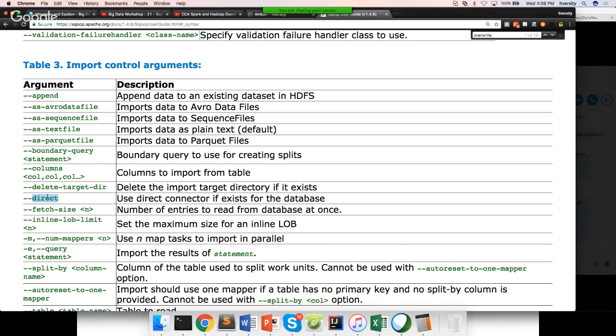If you want to, within those results, paginate internally to fetch a controllable number of records, you can specify fetch size. Then inline lob limit. LOB means large object. So if you know the structure of a large object in an RDBMS,